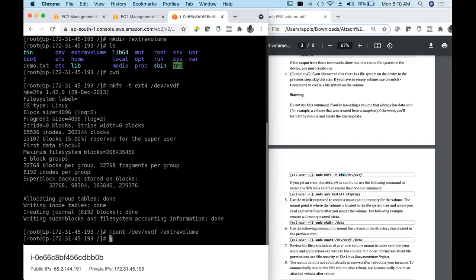So successfully we have mounted it. It will not show anything. To check it, you can say df -h space dot. You can locate these commands here also.